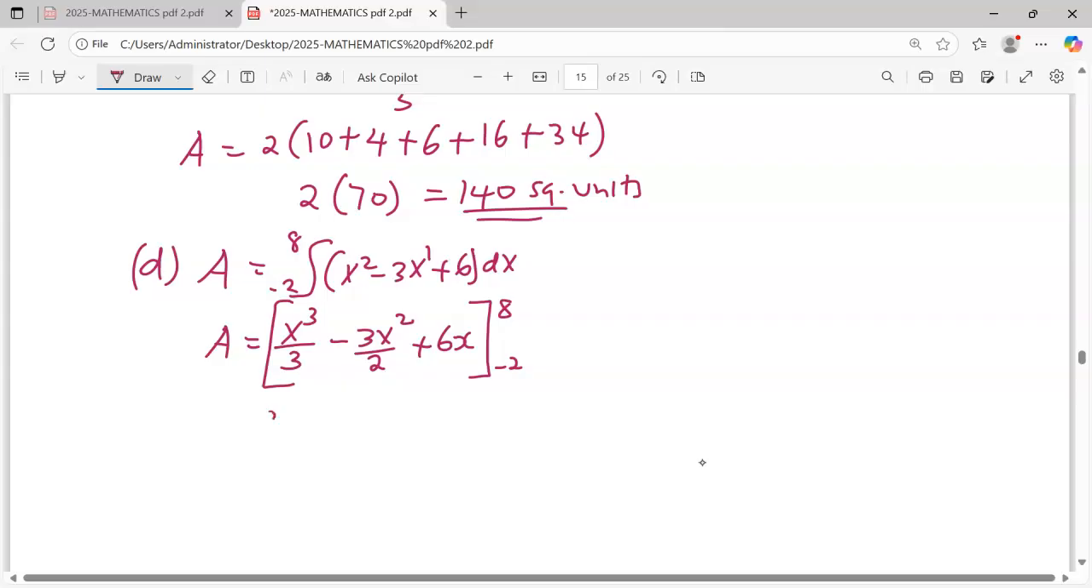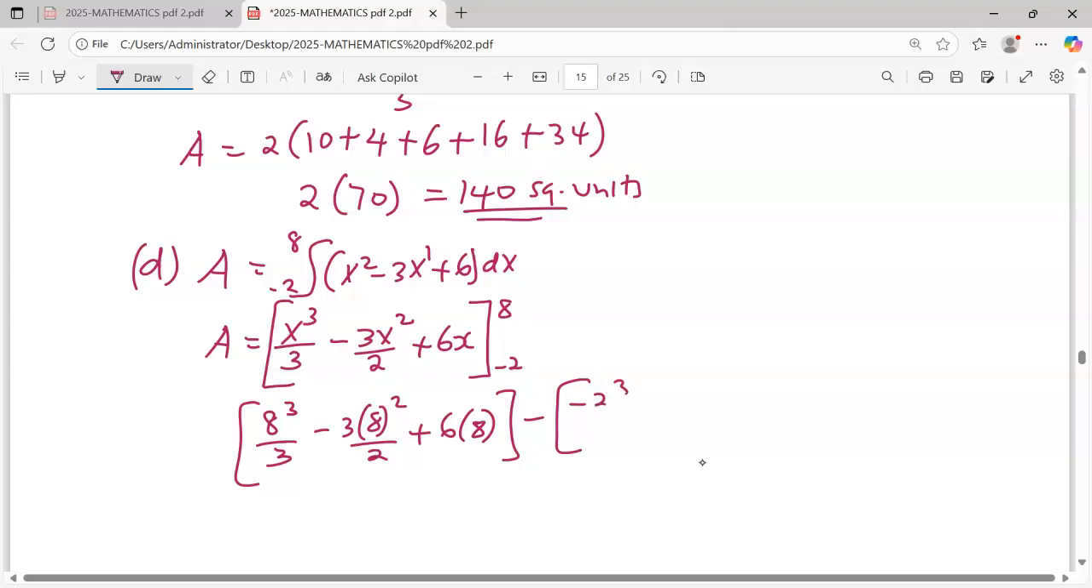The maximum value of x is 8. We cube, we divide by 3, minus 3 times x, which is 8, we square, we divide by 2, plus 6 into the value of x, which is 8, minus the minimum value of x, which is negative 2, we cube, we divide by 3, then minus 3 times x, which is negative 2, we square, we divide by 2, then plus 6, you multiply x, which is negative 2, and the first bracket is going to give us